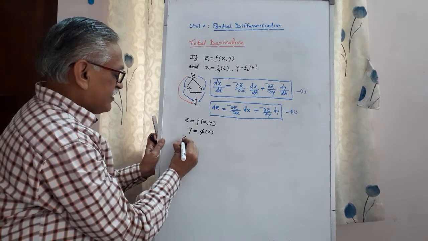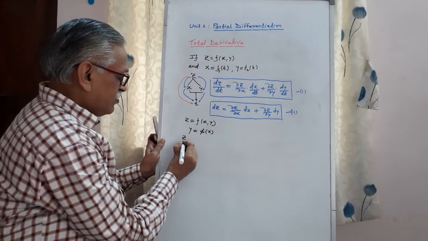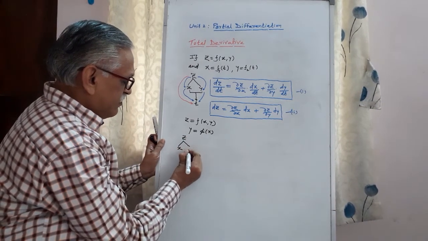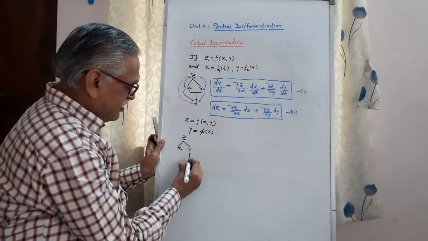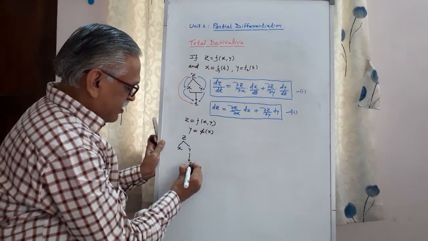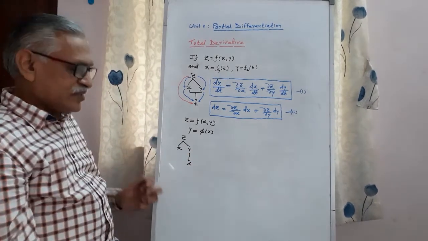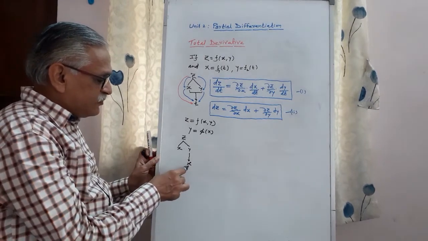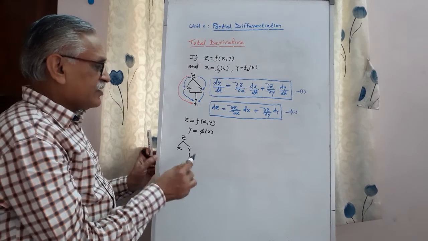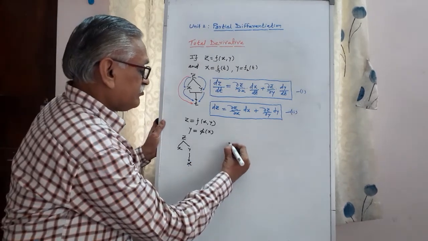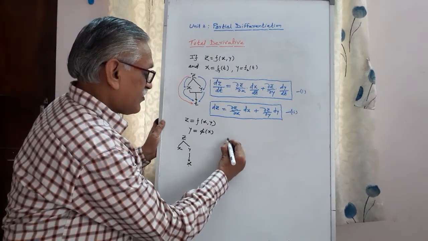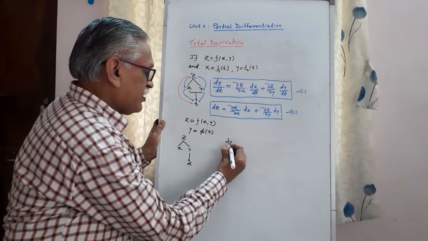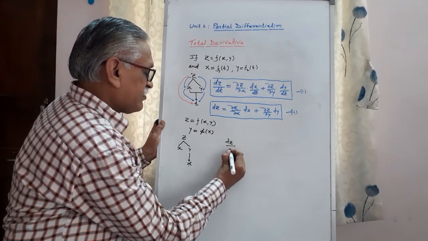The tree diagram must be like this: z is a function of two variables x and y, and this y is again a function of x. This is the tree diagram, and therefore we have to differentiate this with respect to x, and that derivative is the ordinary dz by dx